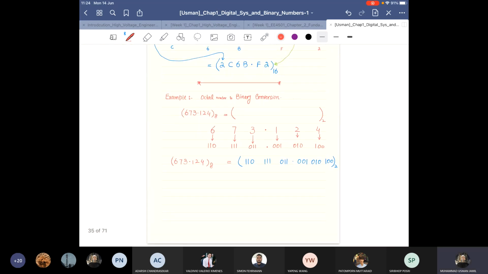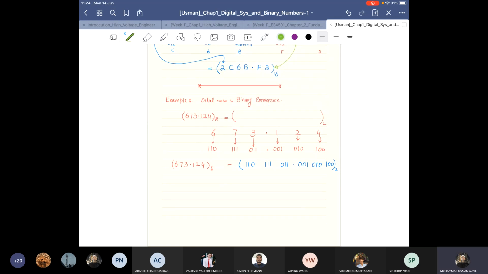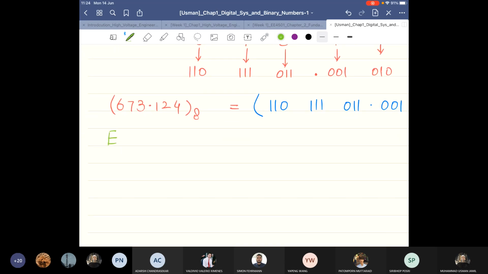Now take one more example. That example is how we can convert hexadecimal to binary conversion.